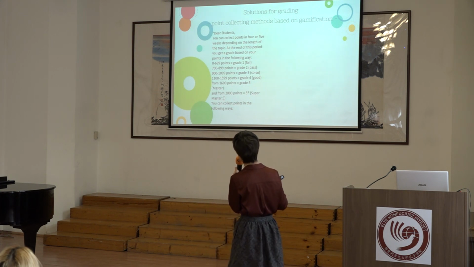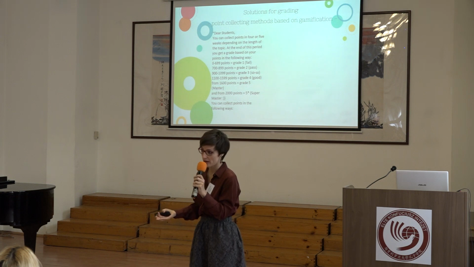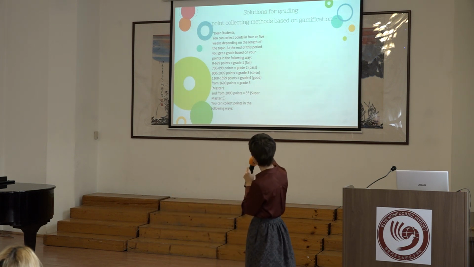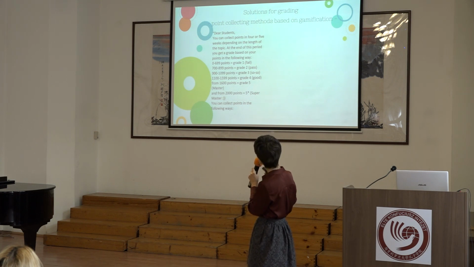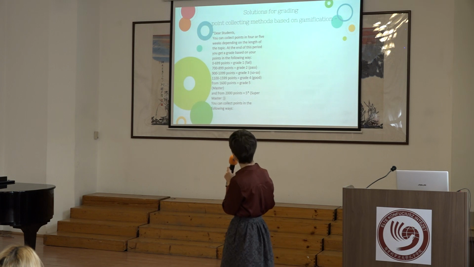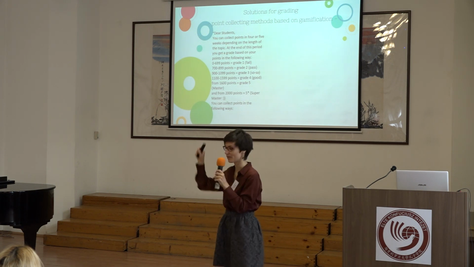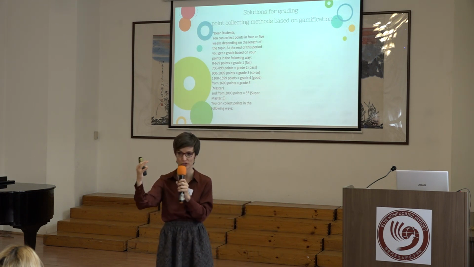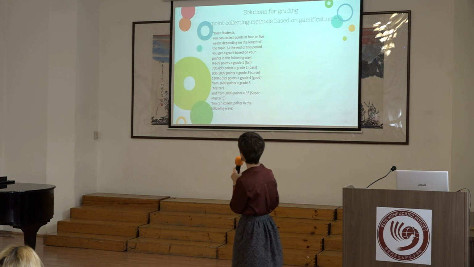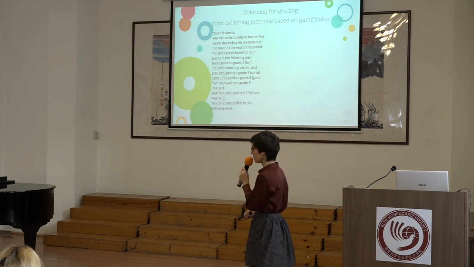But what I can do is that if they collect under 70 points, they fail. If they collect between 700 and 900, grade 2, then grade 3, grade 4, grade 5, or above 2,000 points, the grade 5 with a little star, this is the extra that you are extraordinary, you did more than the maximum number of points that would be required.